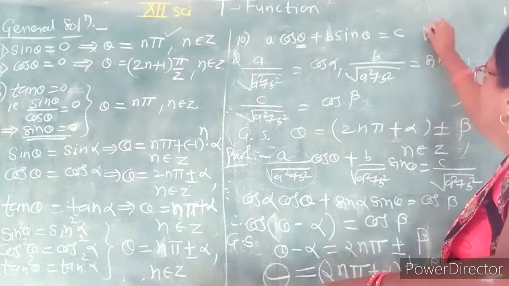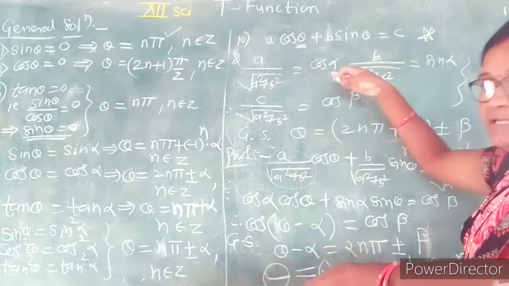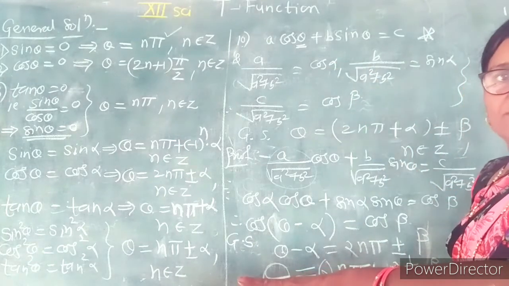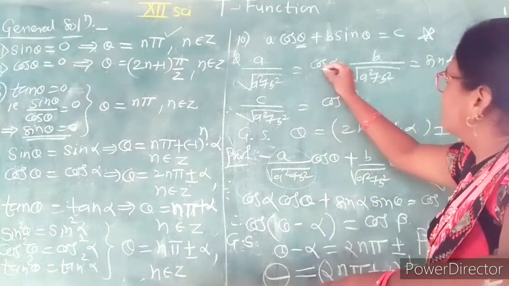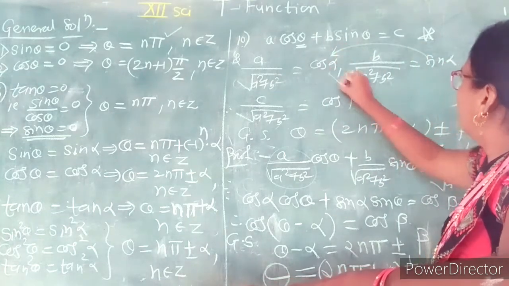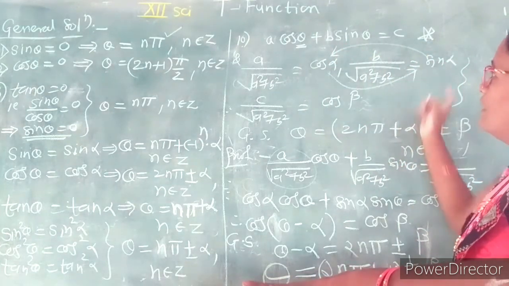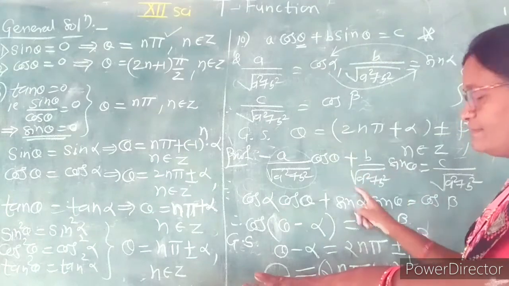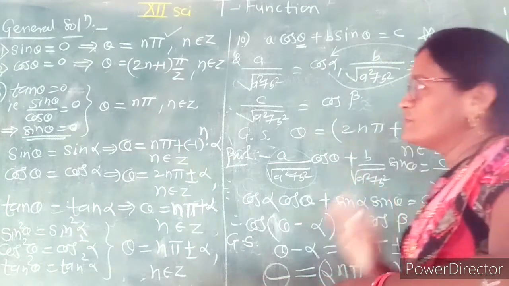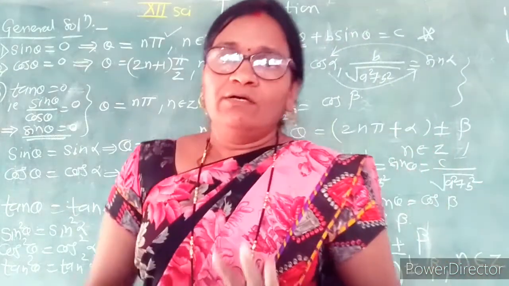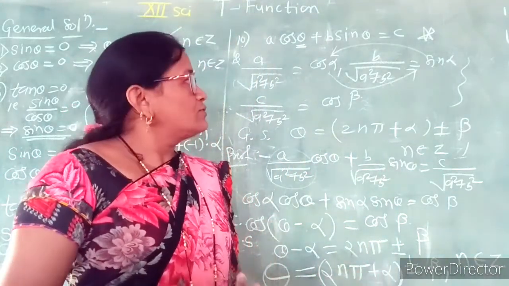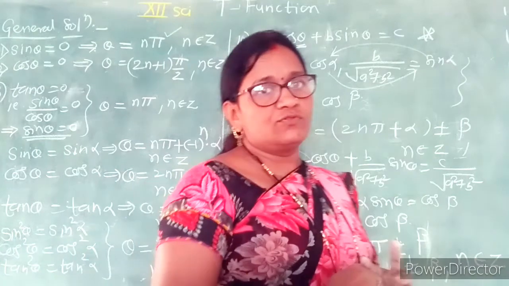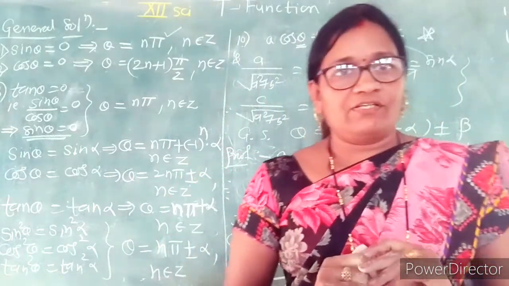Now here is a question about that. You may compare that trigonometric ratio with the formula of sine also. We take a upon root of a square plus b square as cos alpha, and this is sin alpha. As we interchange, we can compare that with sin alpha. But according to your textbook, that can be compared with the cosine, and therefore we find the solution in terms of cosine again. So this is the part about the general solution of a trigonometric equation.